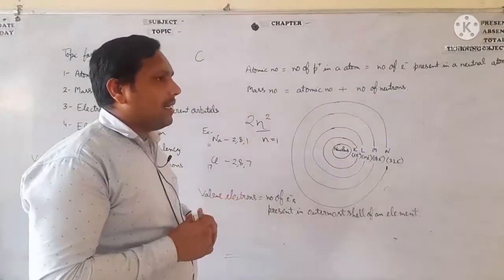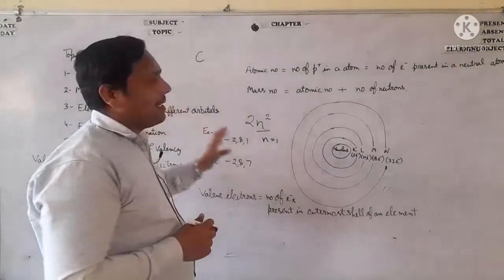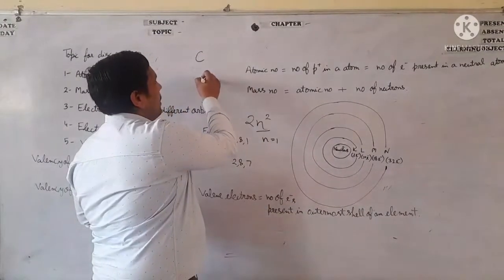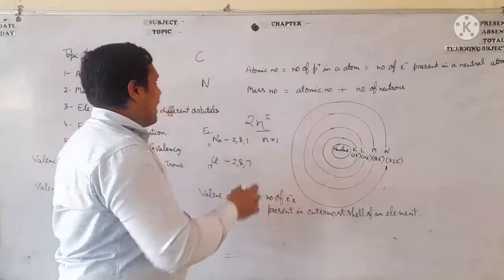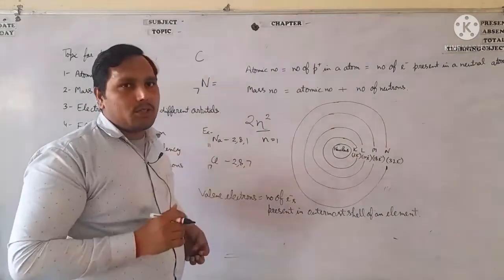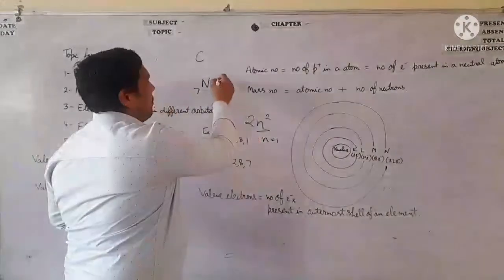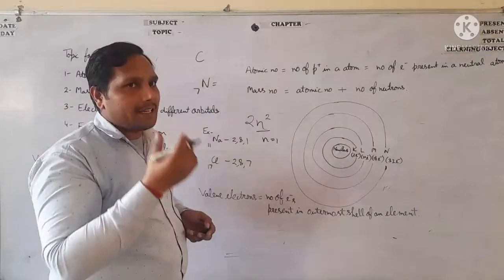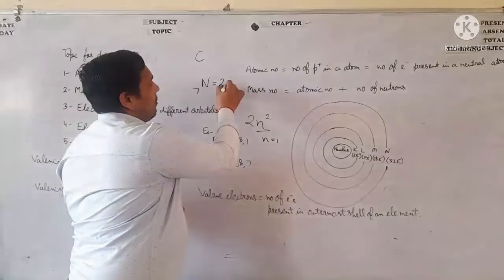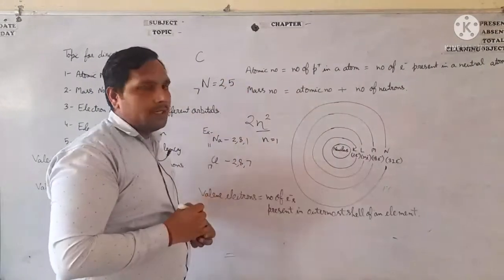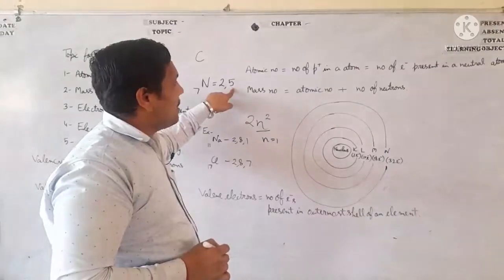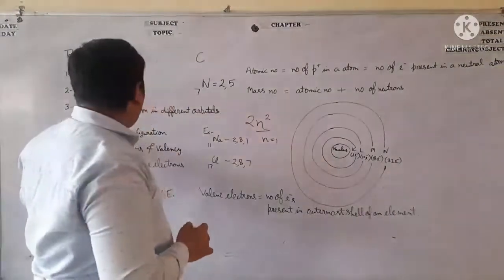If you want to calculate how many electrons are present in different orbitals of any element, take an example like nitrogen. Atomic number is 7. So how will you calculate the number of electrons present in different orbitals? Firstly you have to distribute the electronic configuration. The first orbital contains 2 electrons and the remaining electrons go to the second orbital. It means the first orbital K shell has 2 electrons and the L shell has 5 electrons. Next one, electronic configuration.